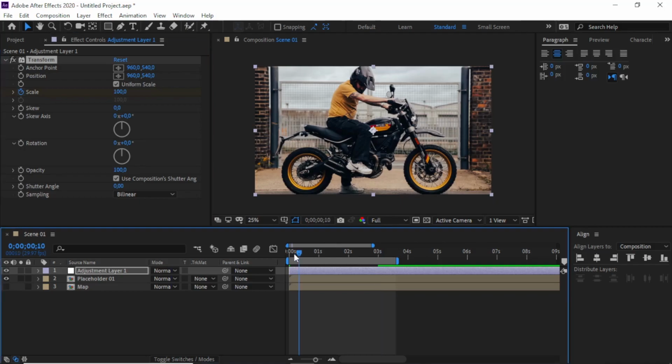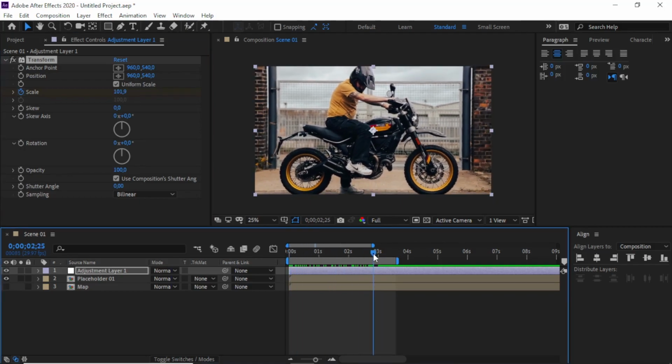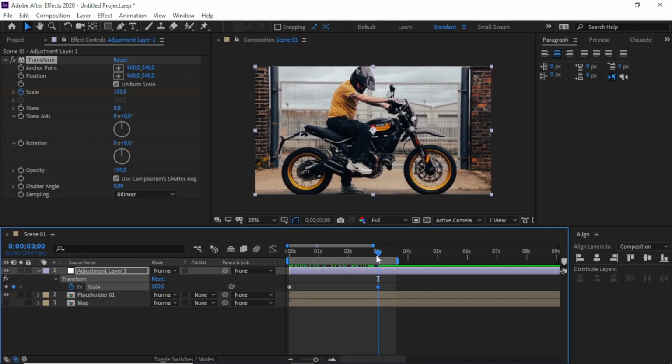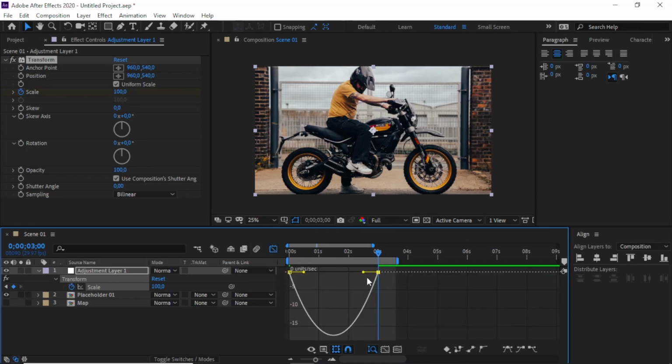So from the big into small, about 3 seconds here. And yes, you can add some easy ease with F9. Use this, some kind like that.